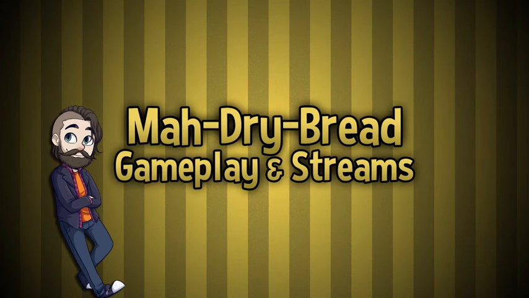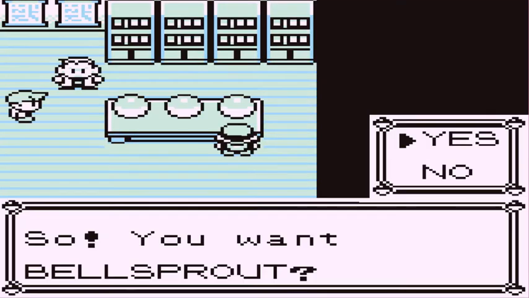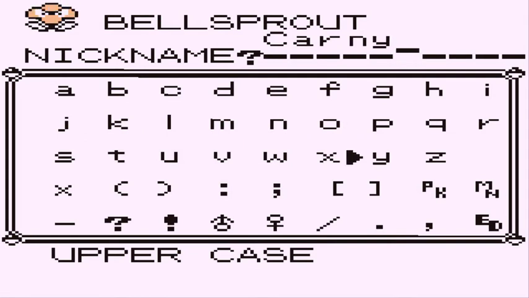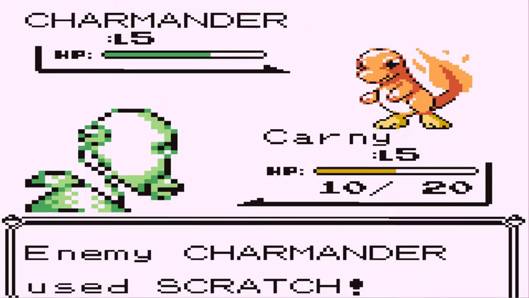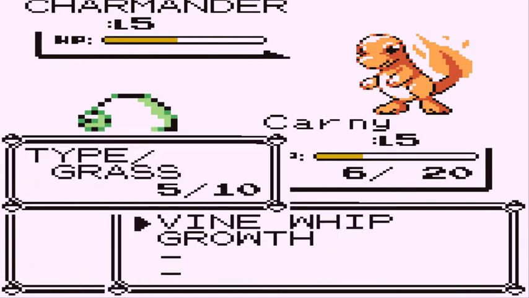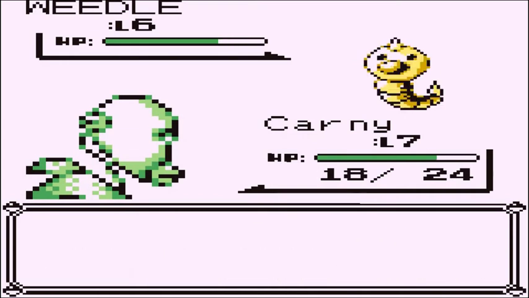Now let's get into it. So first of all, I replaced Bulbasaur with Bellsprout, so the rival has Charmander. I name it Carney, and on to the first battle. We actually lose this fight just because our Vine Whip does almost nothing to it, and even he uses some pretty terrible moves. After that embarrassing loss, we attempt to go through Viridian Forest, but we get taken out by